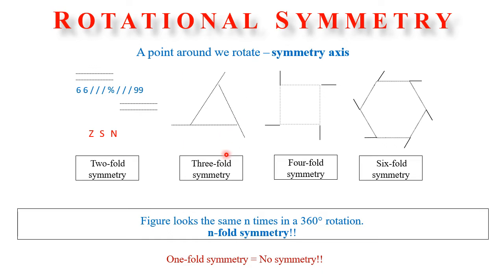Now you may have three-fold symmetry. You can rotate an object through the whole 360 degrees and you are going to see the occurrence of similar features thrice. So if we rotate this through 360 degrees, in the whole 360 rotation there will be occurrence of a similar feature 3 times, and we may have 4-fold symmetry. While rotating 360 degrees, the similar features may occur 4 times, or we may have 6-fold symmetry.